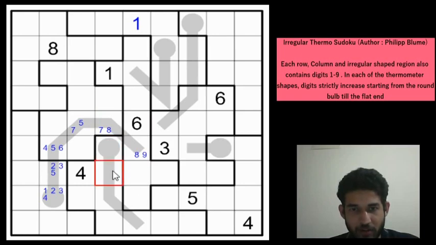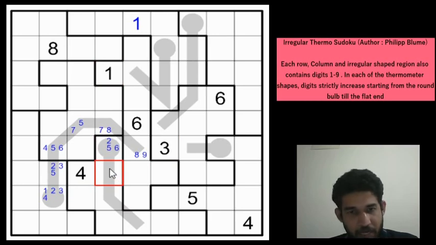Now let us focus on this thermometer because we know for sure that whatever is in row 9 column 5 has to be here. So let us try to fill this 4 length thermometer. So minimum it can be 1 and maximum it can be 6, right? Because the thermometer is of length 4, so you can have a maximum of 6. So you will have 1 to 6 here, but 1, 3 and 4 are not possible. So only possible candidates are 2, 5 and 6, right?